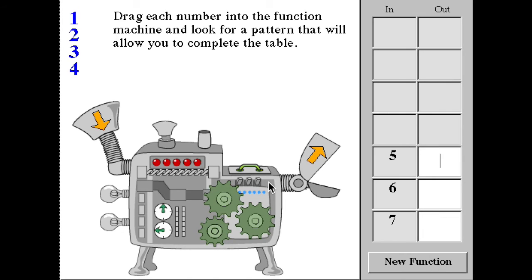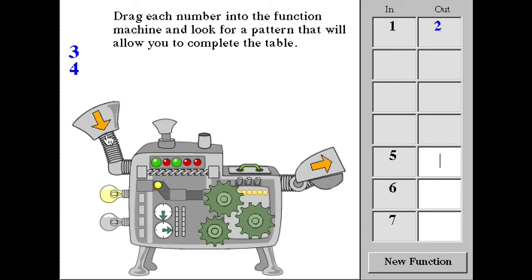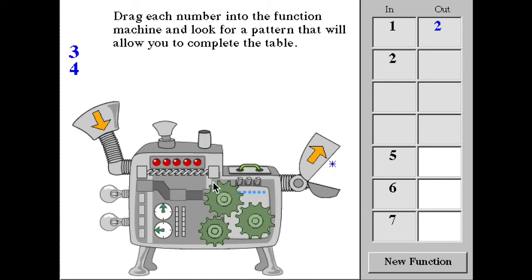All right, let's take a look at one more. Now again, same input numbers, but the machine, even though we can't see it, something's changed. Okay, so now when I drag in the 1, something different is going to happen to it. We pop in a 1. In this case, it spits out a 2. If I drag in a 2, the machine's going to do its thing. It's going to spit out a 4, input a 3, 8, input a 4,